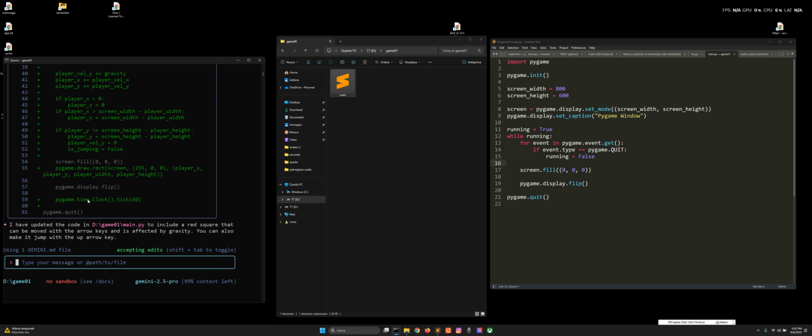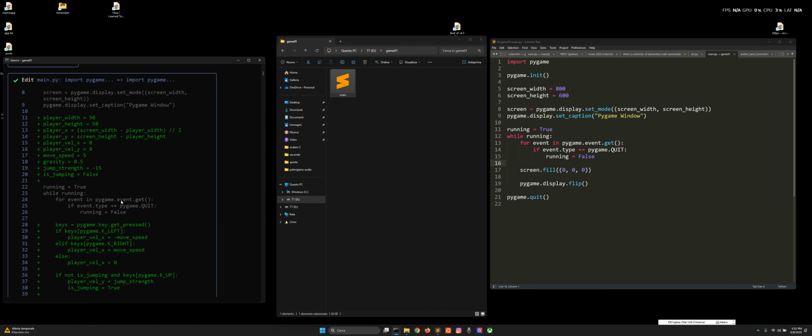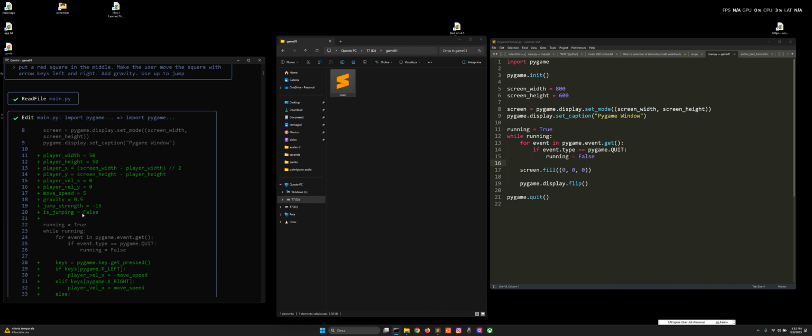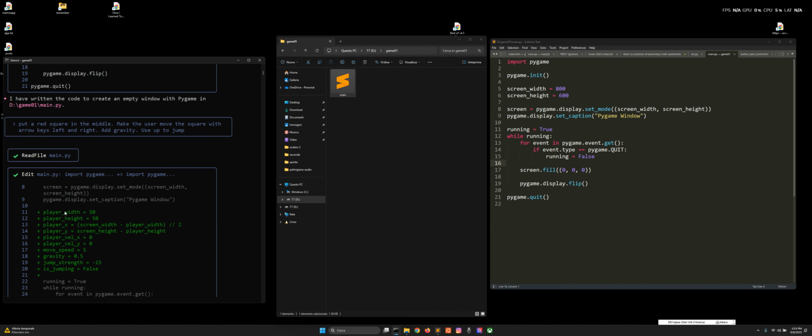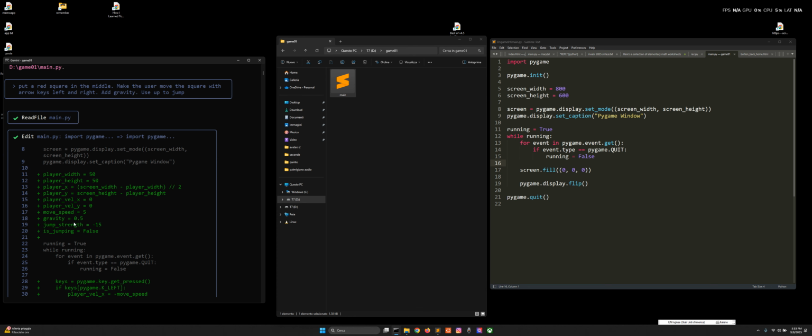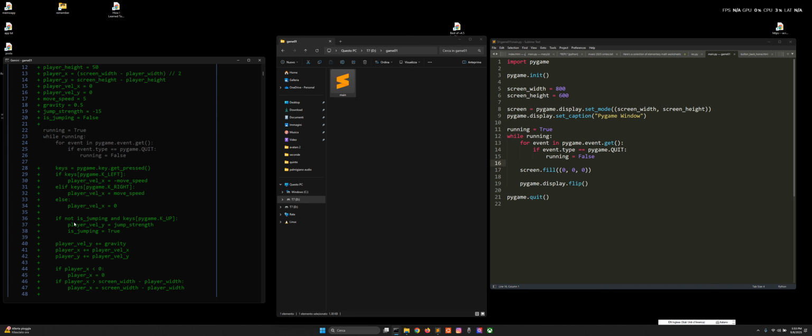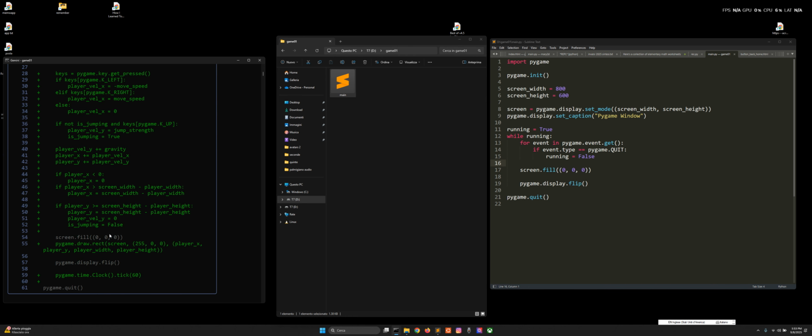He put also a Pygame.time.Clock.tick down here. It could have been created as a clock object, but he's done it this way. It's the same. It should work. The gravity is here, and there should be a way to implement the gravity to